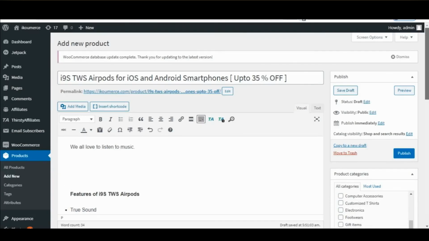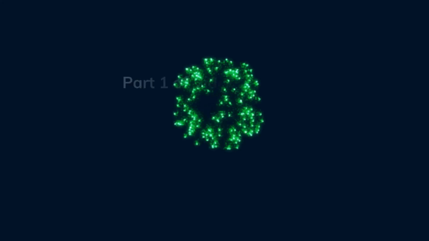It does not have any color variation. i9s TWS